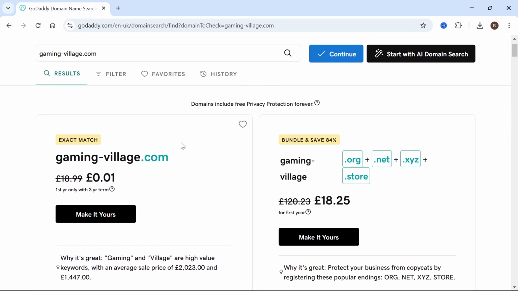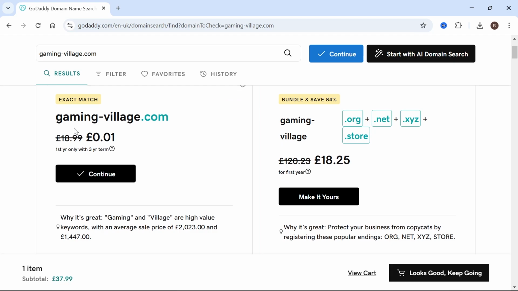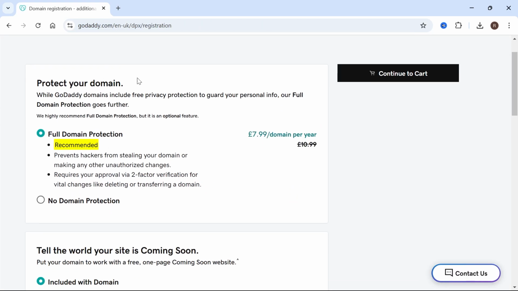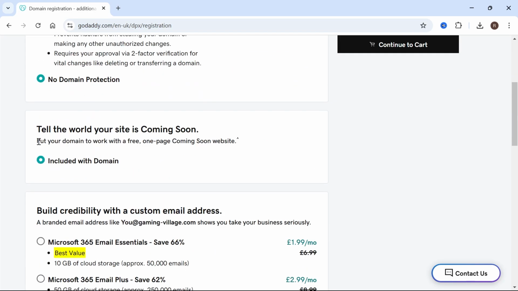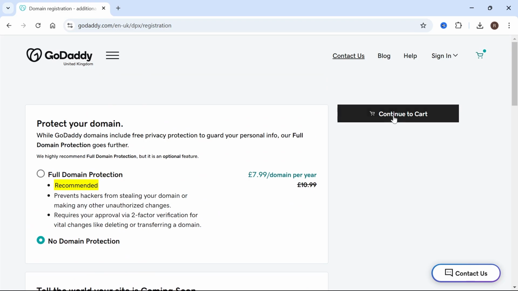So this one's actually available, so what we need to do is click on make it yours next to the domain that you want. From here, click on continue, and then you'll have the option to add this domain protection. Now it's not really needed, so I'm just going to select no domain protection, and then if we scroll slightly down the page, you'll also have the option to add your own custom email address. So the basic packages start at $1.99 a month if you do want this custom email address. For now, I'm just going to select no professional email and then come back up to the top and click